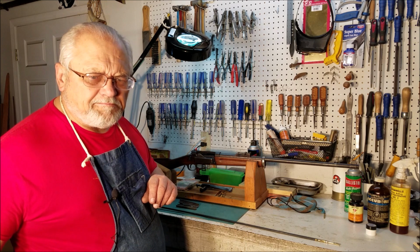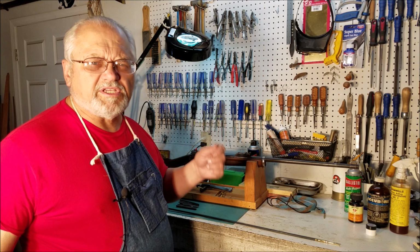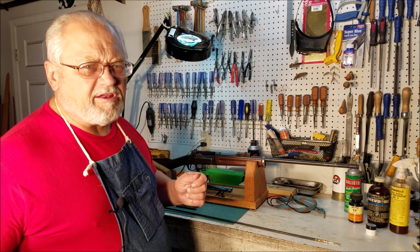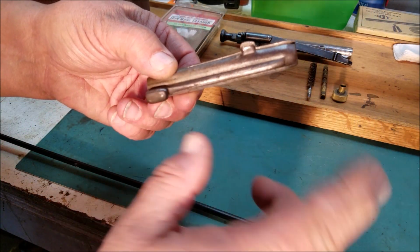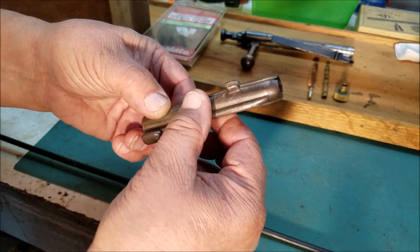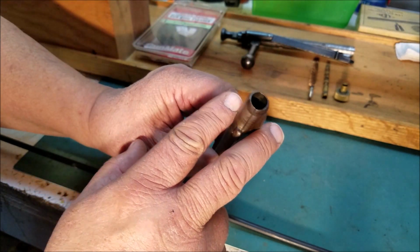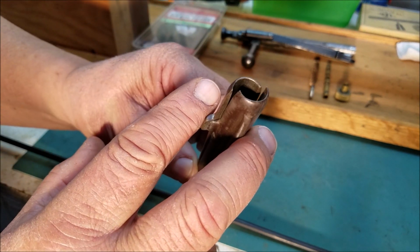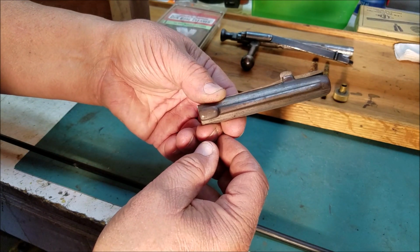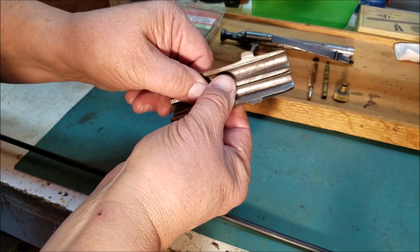I went and I bought a Remington rolling block that was sold to Egypt. So this was from an Egyptian Remington rolling block in 43 Egyptian caliber. All right, this was the muzzle and the 4 inches at the end of the muzzle. Because it wouldn't shoot, and when I looked at it, I couldn't see any rifling. It looked like a smooth bore. So I cut it the long way after I cut it off the rest of the barrel at the bayonet lug. And as I opened it up, what I found,